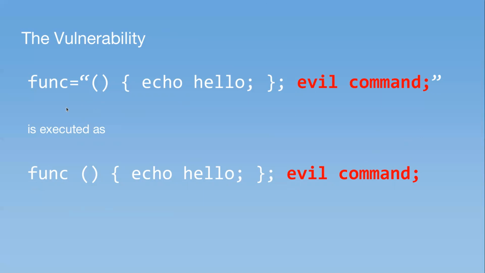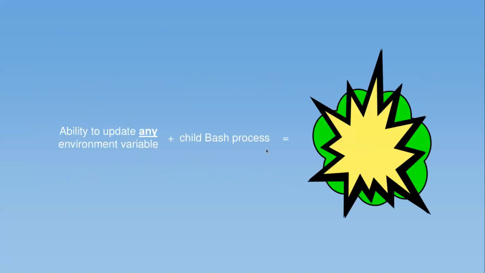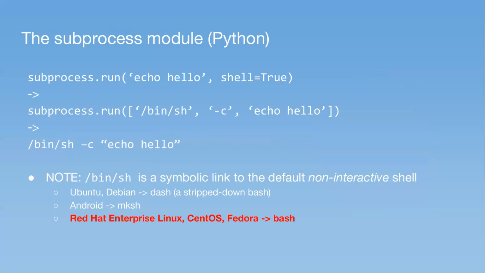And so if we can control any environment variable, and if we have a child bash process open, then that allows us to exploit Shellshock, basically. So this is the main equation you should remember. We just need to update any environment variable, and we need a child bash process to be opened, and then we can run any commands we want on the target machine. Okay, so before I demonstrate that,